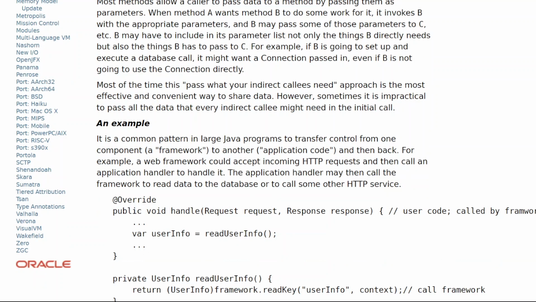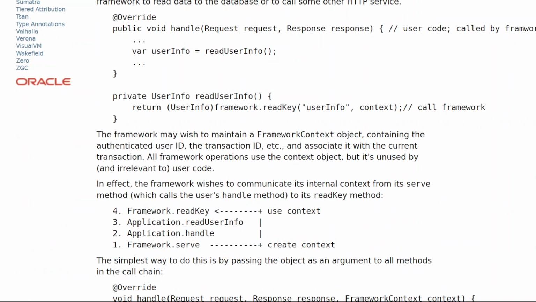@Override public void handle(Request request, Response response) { // user code called by framework var userInfo = readUserInfo(); } private UserInfo readUserInfo() { return (UserInfo) framework.readKey("userInfo", context); // call framework }